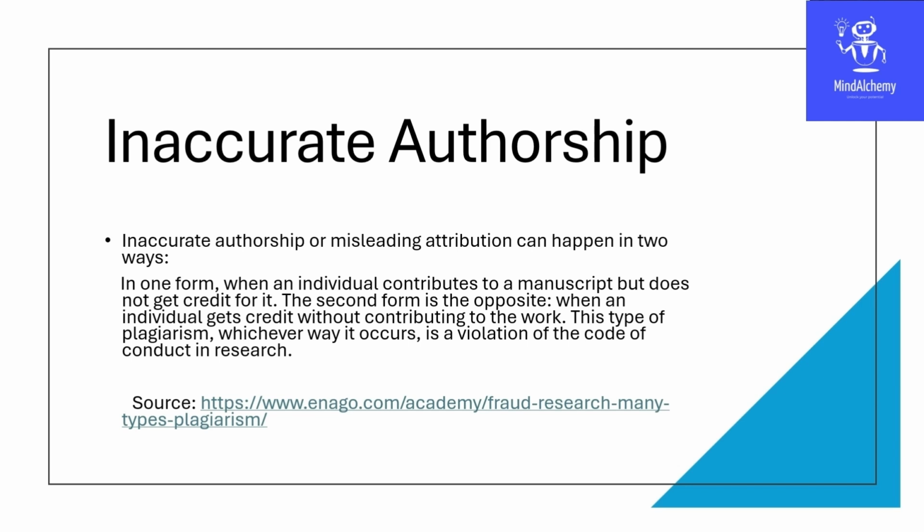There is another form of it in which certain names are introduced in your research work who have never contributed to it. This is the second type of inaccurate authorship. So if I have a good relation or good rapport or some kind of relationship with some other person who has not contributed or been a part of a research work which I have done, probably with my research scholar or with my mentee, but just due to some give and take relationship, I have mentioned the person's name in this particular research work where he or she has not contributed anything. So this is inaccurate authorship. This practice also must be avoided.